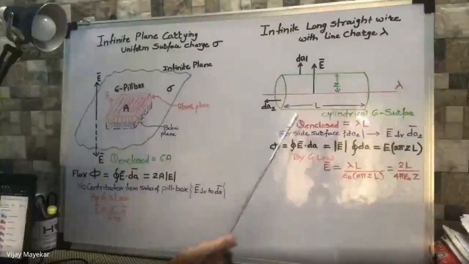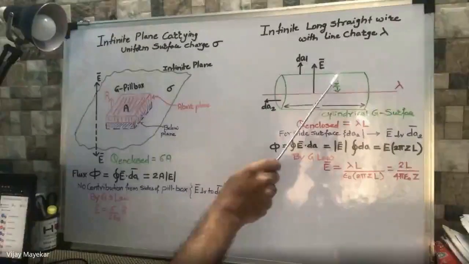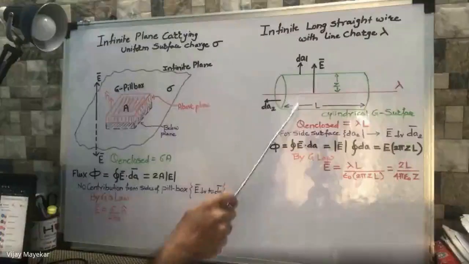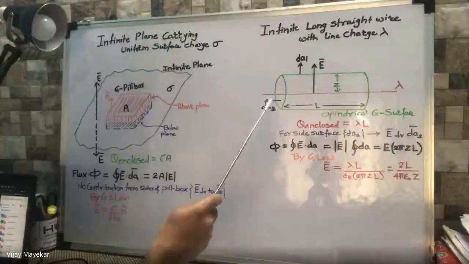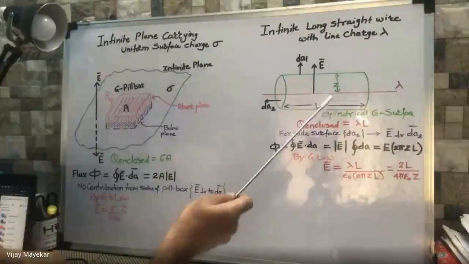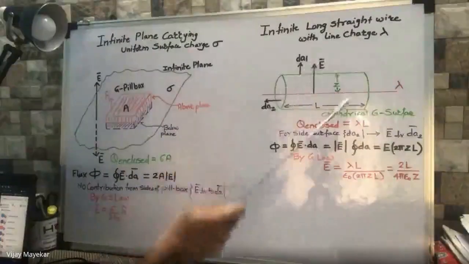Let's go ahead with this particular example again. We have a line charge and we want to determine the electric field at distance z from this line charge. So we have constructed our Gaussian surface, right? To cover this wire entirely, cylindrical geometry is more preferable. So we have constructed a cylindrical Gaussian surface so that it encloses the wire on all sides.